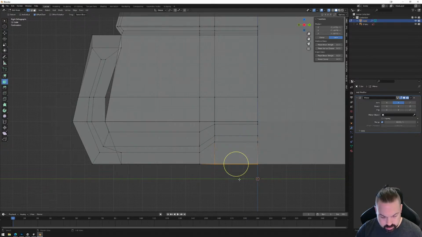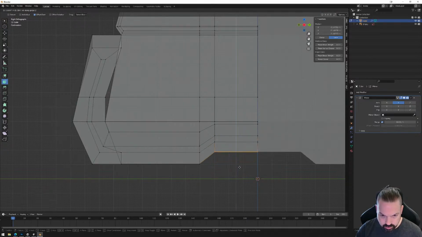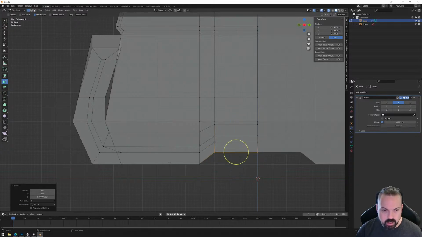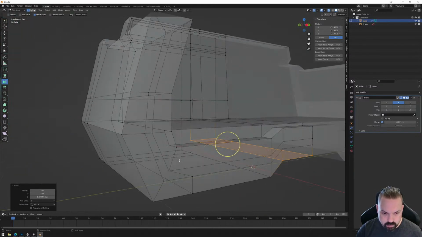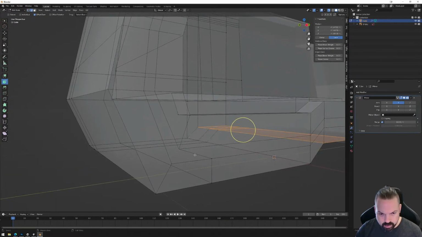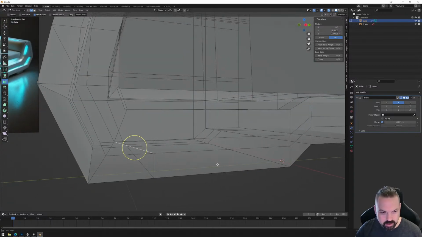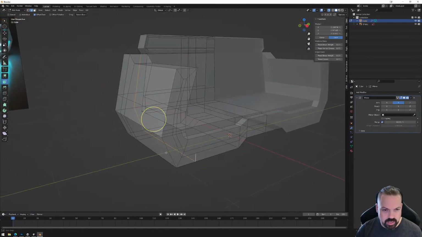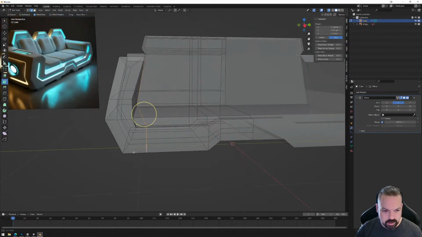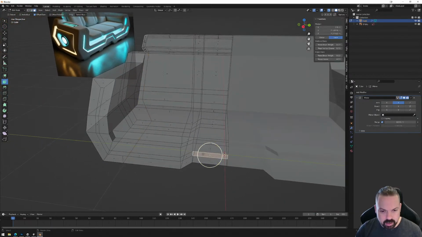Notice that there's also there, which is pretty cool. So I don't mind that. Okay. Now, it's me being me. I'm going to cut this one with a K to add a knife, and then I'm going to get rid of this one for reasons. So delete and not delete edges. You want to dissolve the edges, so it just gets rid of it. So I can still select that if need be, but that's all nice and clean because